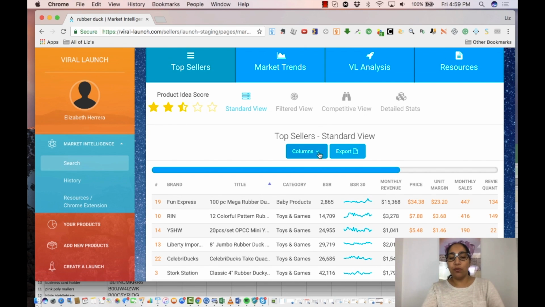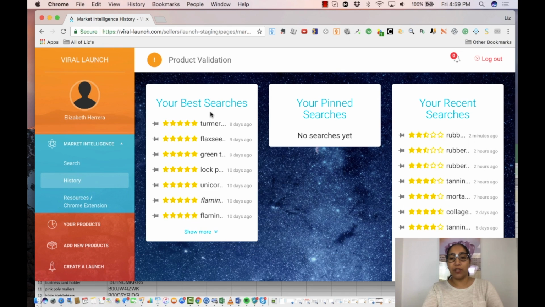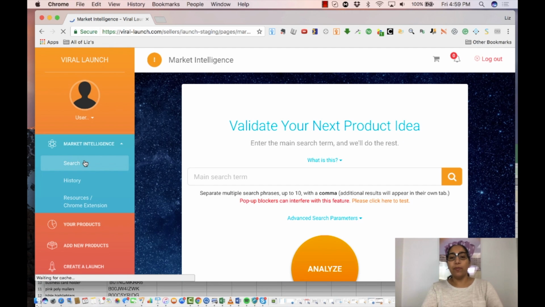It also lets you show some columns, hide some, and lets you export this data into a CSV. And the other thing that I like here is it pulls up your history. So it'll show you exactly what your best searches have been of all time, searches that you've pinned, as well as your recent searches, and that is all available to you right here. Going back to the search,